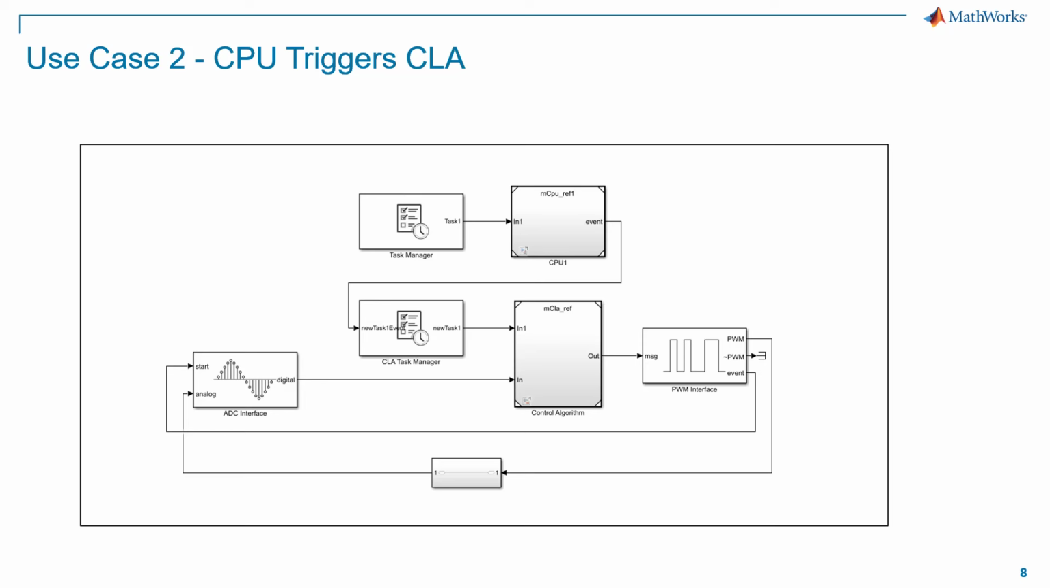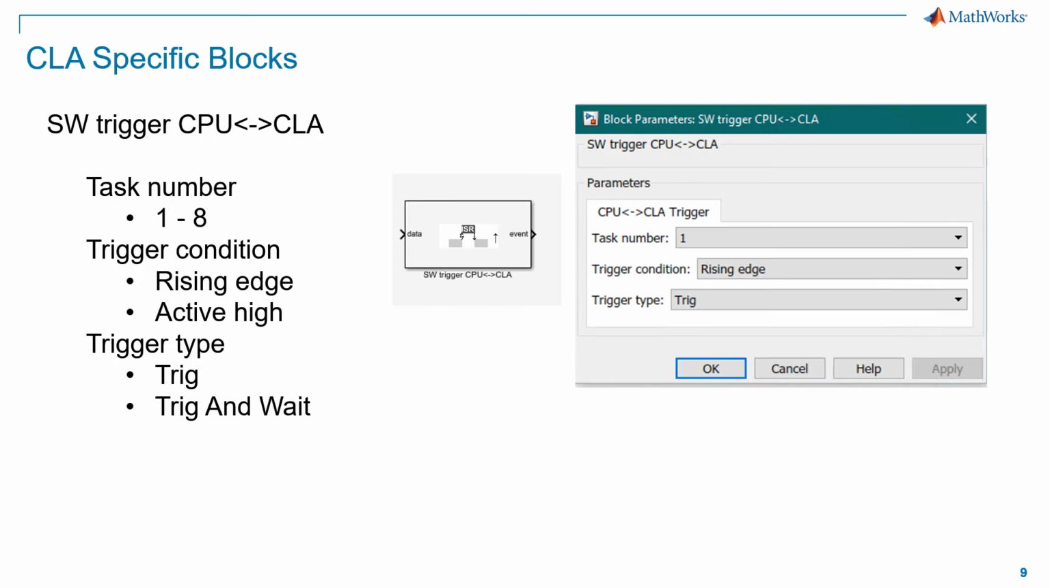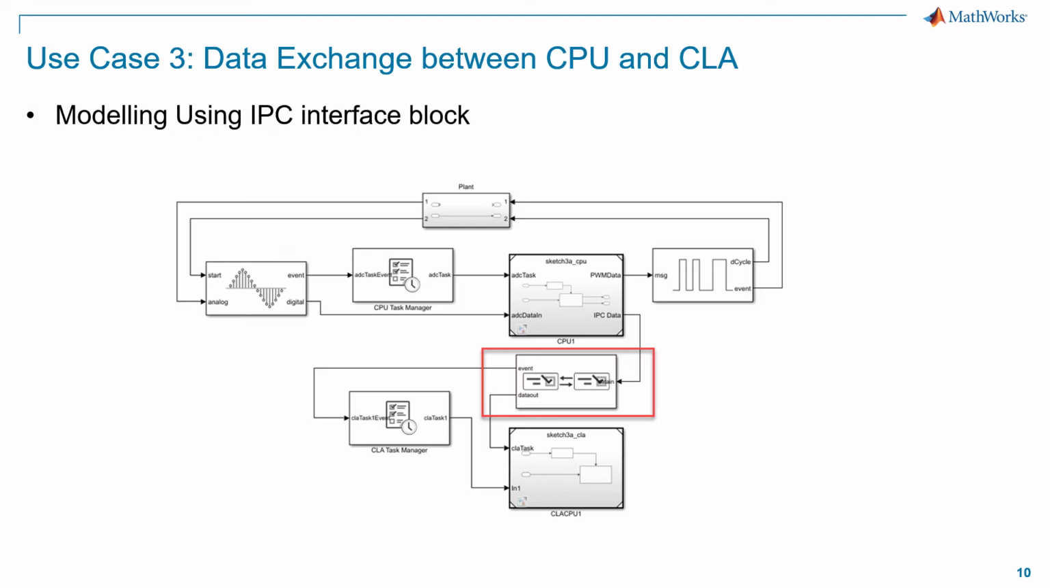Let's discuss more about the software trigger block. By using the software trigger block, you can configure task numbers between 1 to 8, trigger condition like rising edge, and trigger type. Coming to the third use case, which demonstrates how we can exchange data between the CPU and CLA. As you can see in the model reference block,